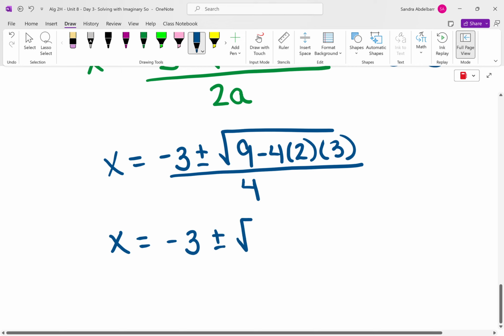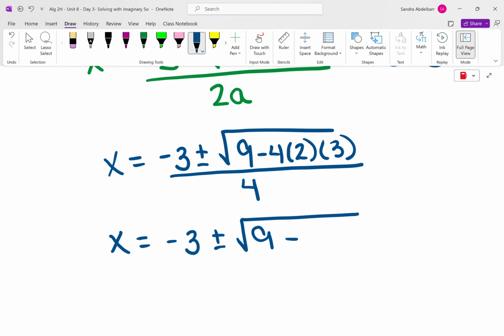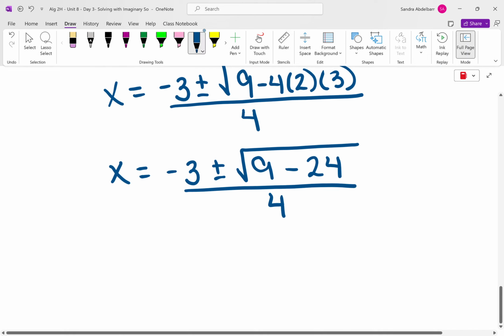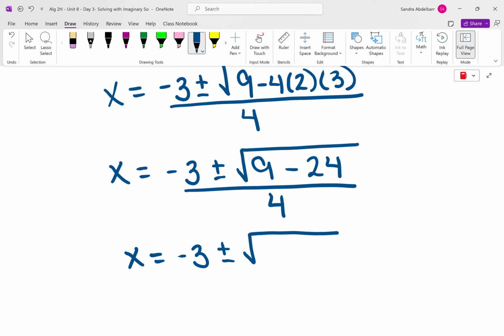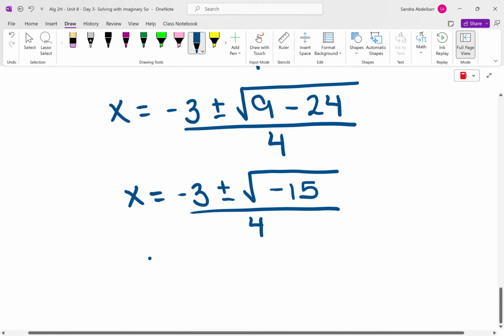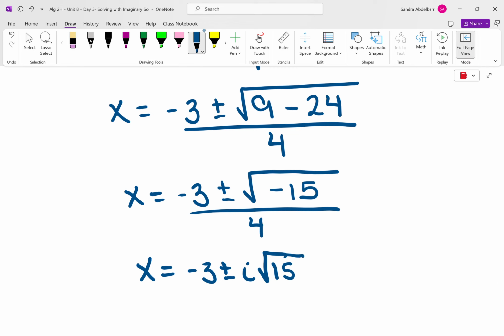So we're going to have x is equal to negative 3 plus or minus the root of 9 minus 4 times 2 is 8 times 3 is 24. So we keep simplifying. x is equal to negative 3 plus or minus the root of 9 minus 24, which is negative 15, all over 4. Can I leave that negative 15 under the radical? No, I need to pull out the negative. So x is equal to negative 3 plus or minus i root 15